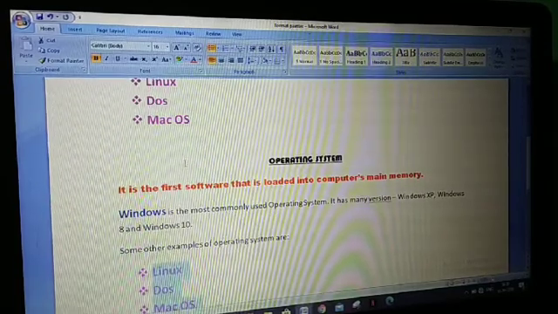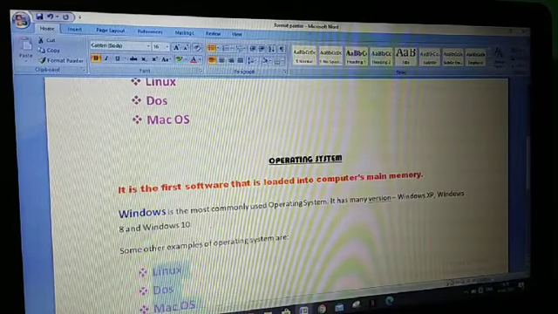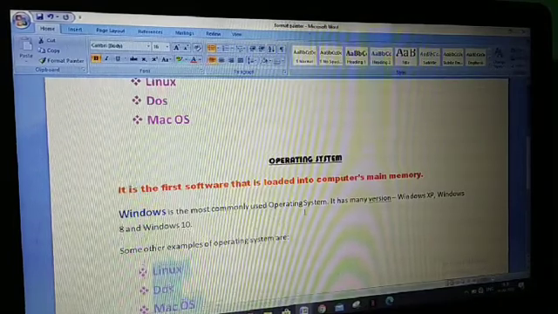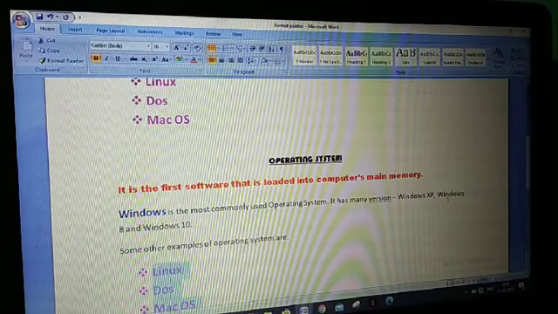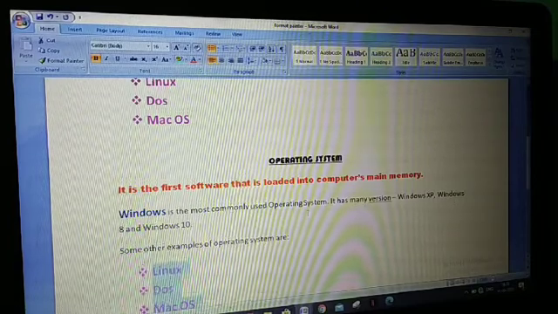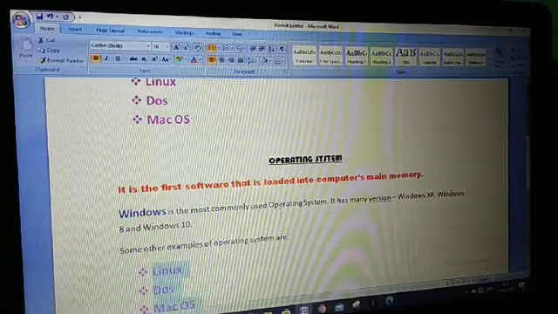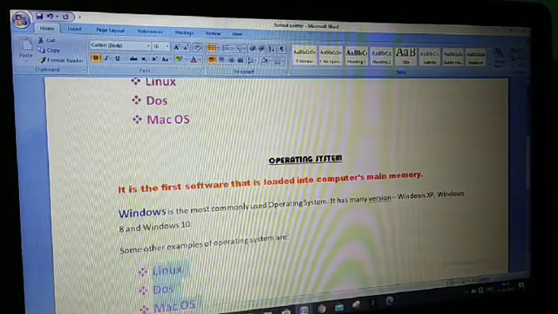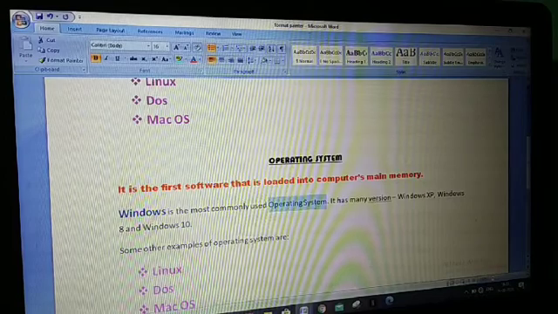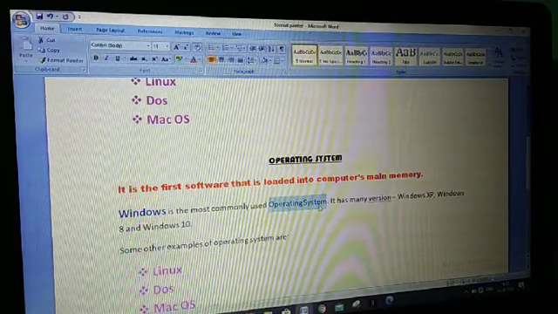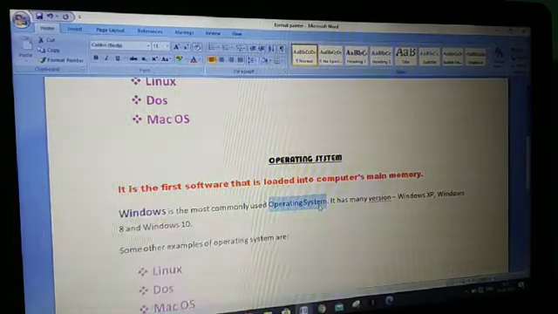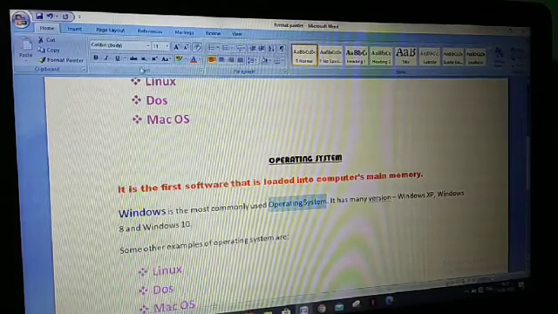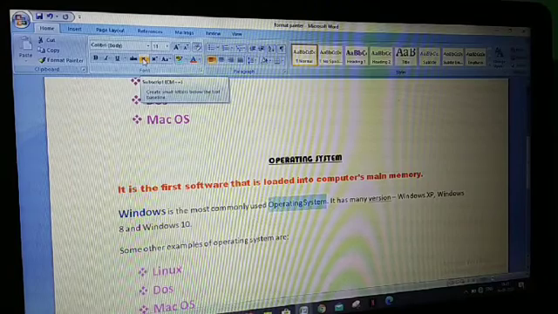Now you see here, every word is on the same line. This is called the baseline. Now if I have to make this text, operating system, subscript, I have selected this. This is the subscript button, clear?